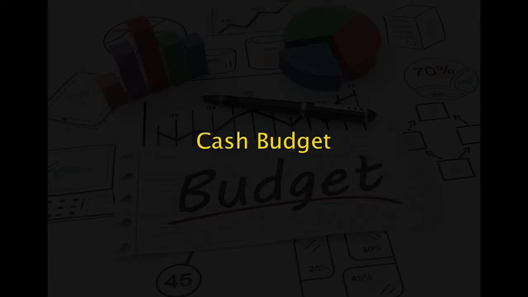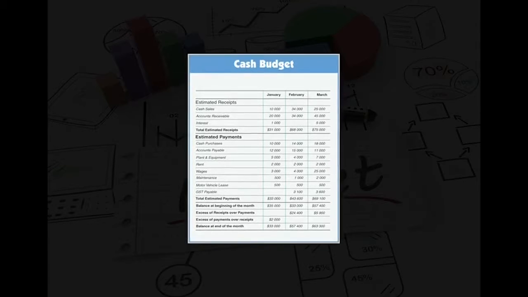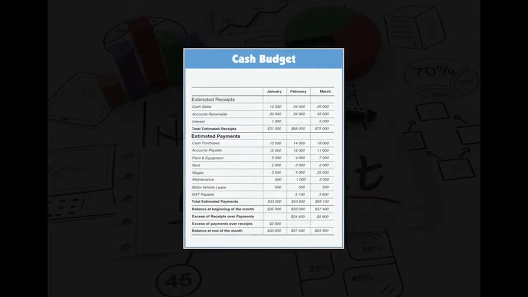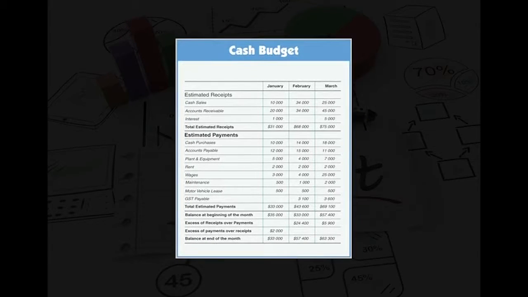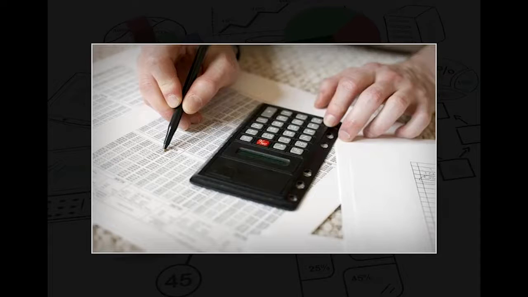Next is the cash budget. This budget gives the anticipated receipts and disbursements for the budget period and shows the cash position arising from it. It indicates the requirement of cash at various points of time and helps the management in planning and arranging cash to meet the needs of the business concern. Thus, it ensures that the concern never has any shortage of cash required. Cash budget helps the management in controlling and coordinating the activities which involve receipt and payment of cash.